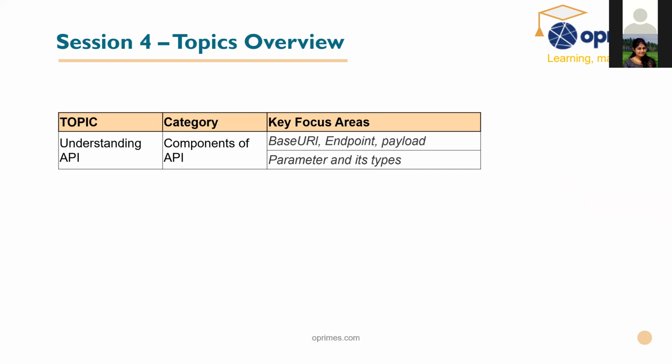Okay, so when it comes to the request, we have the URL, we have headers, we have request bodies and parameters. Okay, request body is also one of the parameters. Whereas coming to the response side, we have the time taken to get the response, status code, and response body. So these are the three components which we have in the response. A few components we will discuss in detail today: URL, endpoints, payloads, and the types of parameters. These are all the components of the request.